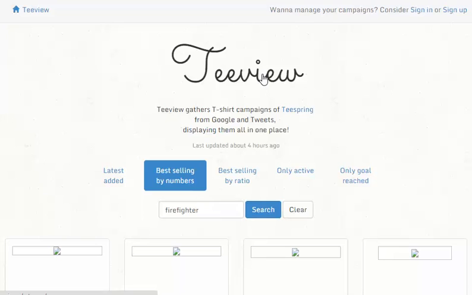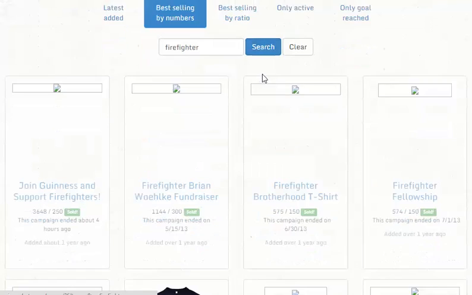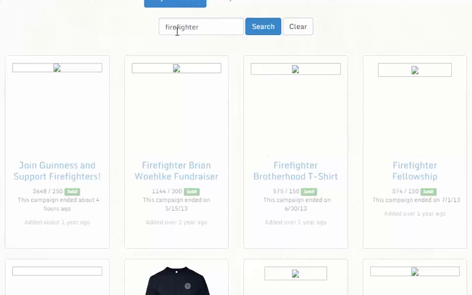Now you might remember that my opinion on Teespring was a bit schizophrenic. On one hand, it's good to see people selling. On the other hand, everyone's going to be searching this site, doing this search, and seeing that the firefighter niche is big, and it concerns me slightly, because it's just going to make it difficult for us to do well, basically. So let me try military firefighter, which is one of the variations that we were looking at there,